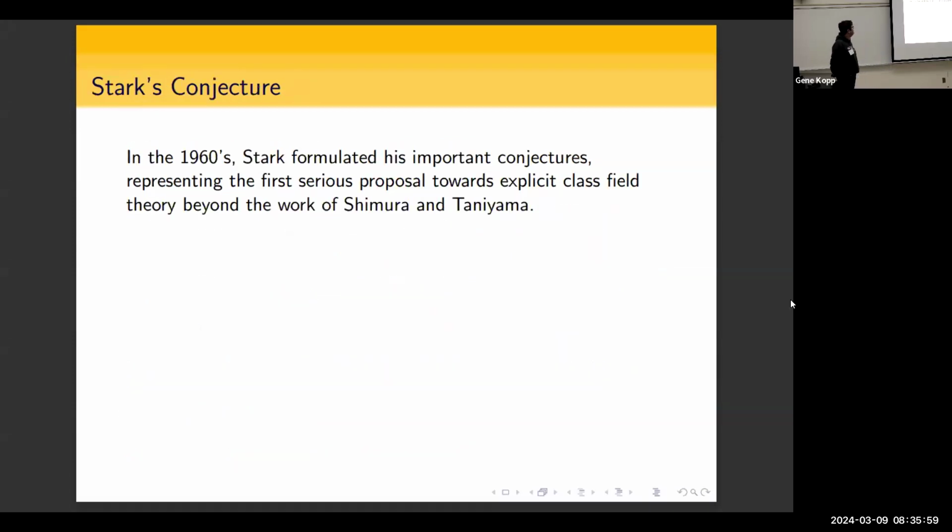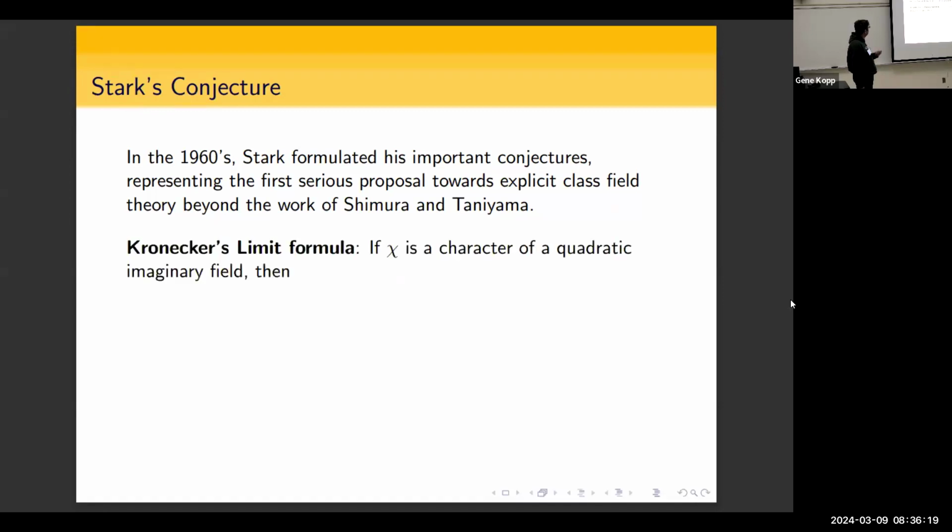So maybe the first progress beyond Shimura Taniyama on this question came with the work of Stark, which still provides an important framework with which we approach this question. So Stark formulated a conjecture whose goal was to go beyond the setting of CM fields, beyond the work of Shimura Taniyama, and it was motivated by this very classical result, the so-called Kronecker limit formula, which